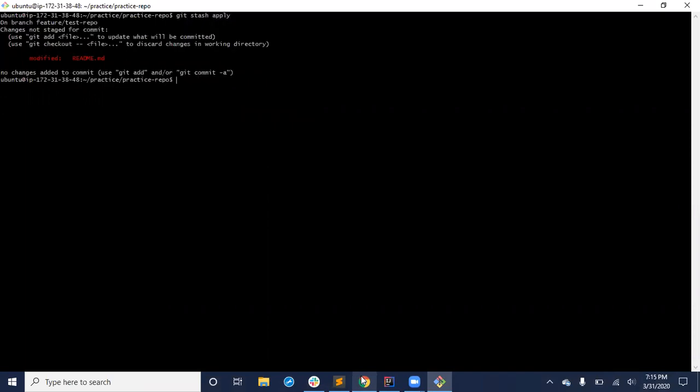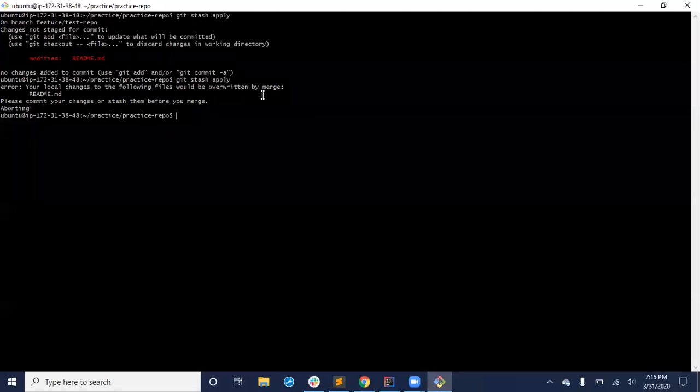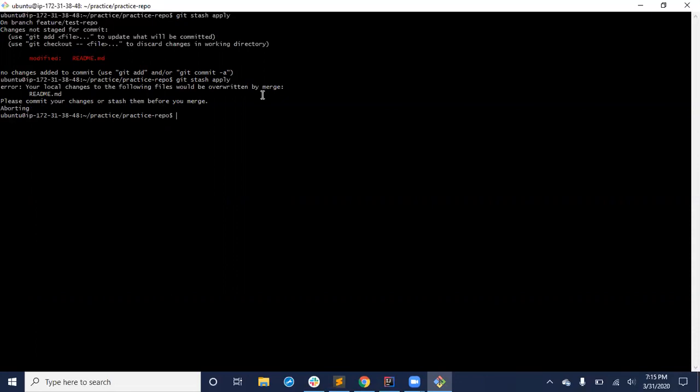So we initially did git stash to put away our changes. Now see, I'll do git stash apply again. It should not work. Let's see. Your local changes to the following files would be overwritten by merge. So basically, we already got it back and we are trying it again. That's the reason it's showing an error.